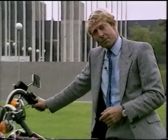Right, well, we've come outside to get a breath of fresh air and to look at this Harley-Davidson bike because the American